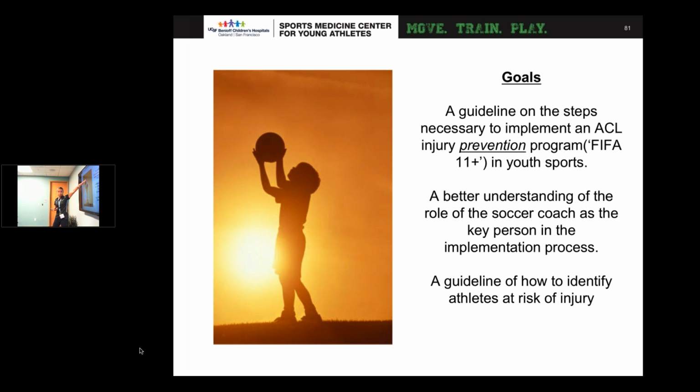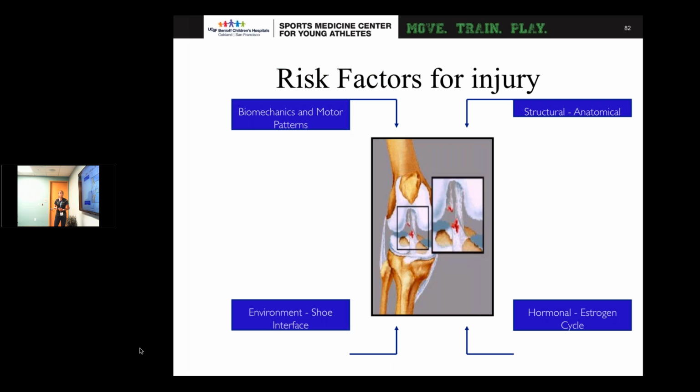The key things. So that's what I chose to go over, and how you do those exercises is going to be the key. And I put in here a better understanding of the role of the soccer coach. Take soccer coach out, put athlete in there, put a physical education teacher, put parent in there as a key person for the implementation process. It can't just be the sports medicine professionals in the clinic, because we need more folks out in the field doing that. And then also, Dr. Panji talked about this a little bit, the guideline of how to identify athletes that are at risk, that might really need to spend a little bit more time on the movement corrections with some of these movement patterns.